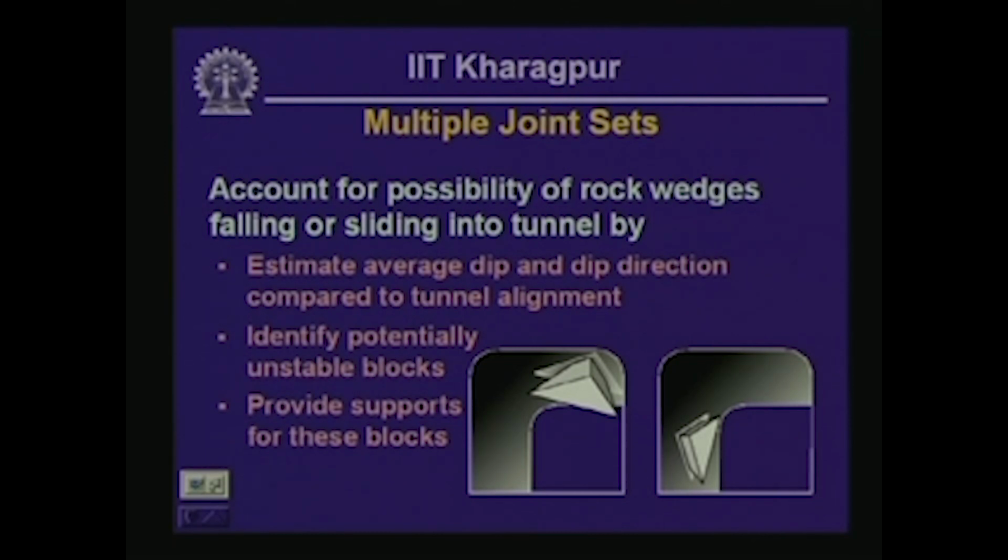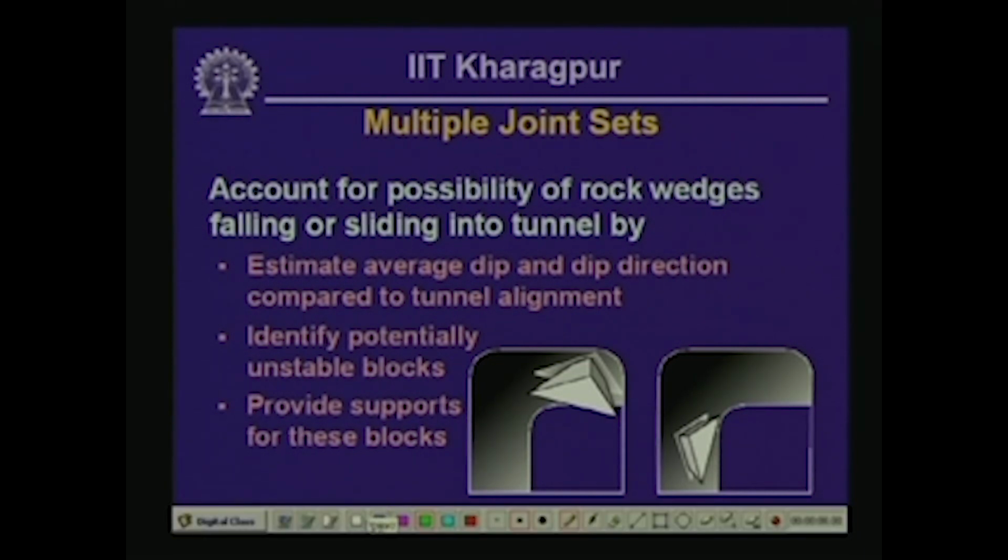You might actually have rock wedges falling from the roof of the tunnel, or there could be wedges falling into the tunnel by sliding from the side wall of the tunnel, and those two problems are illustrated with the two sketches near the bottom right of this slide. So, here this is the tunnel cross section,